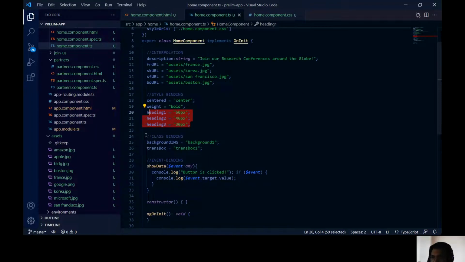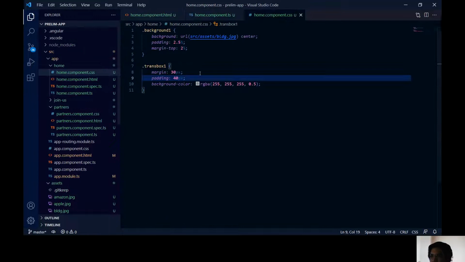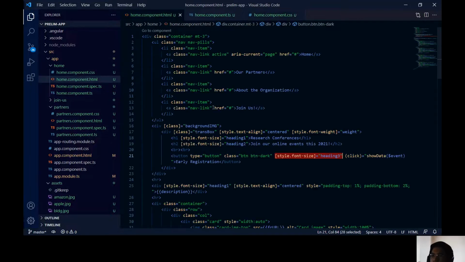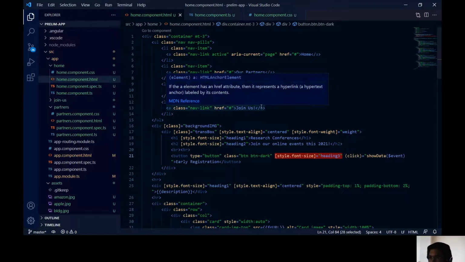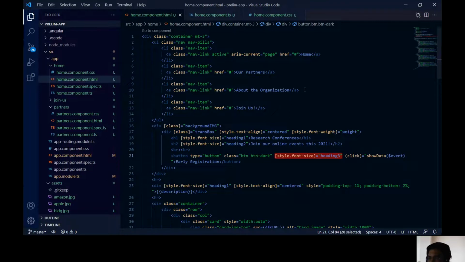Next, we have class binding. For class binding, I've used CSS to style my elements in the HTML file. The first one is the background img and then the transparent box. As you can see here, we have background one and then transbox one, which is a class that you can see inside the CSS file. So here it is, background one and transbox one. Going back to the HTML file, you'll see here I've used this